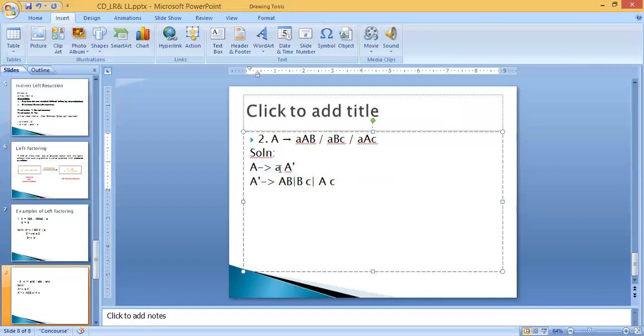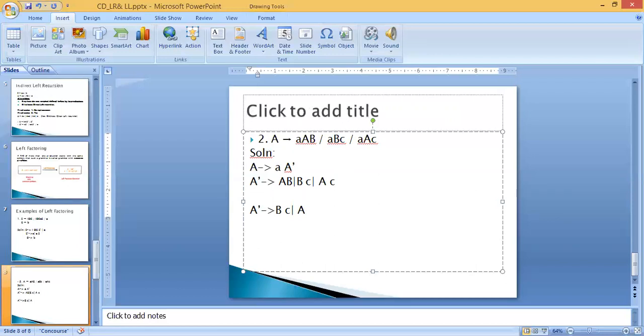This is to be written as it is. So this is fine. So don't change this. This is in its correct place. We'll just try to factor this one. So when you try to factor the previous one, how do we do it? I'll again write A dash gives, as I said, I will write the innocent one first, bC. Yes, okay, because I should not forget it later. Next, what should I write? Let me take out the common prefix. What is the common prefix here? Common prefix is a, and then I have to introduce a new non-terminal.